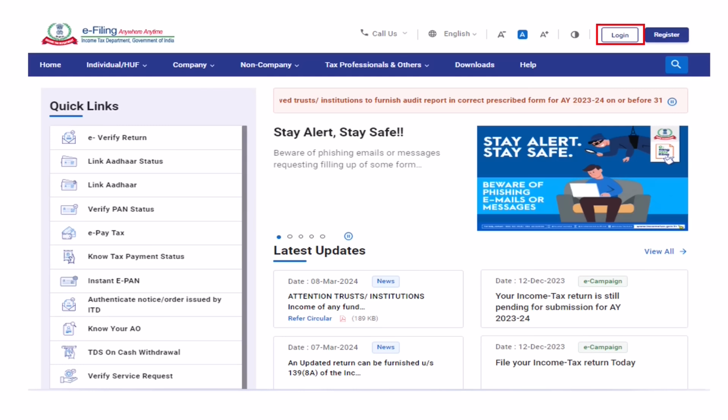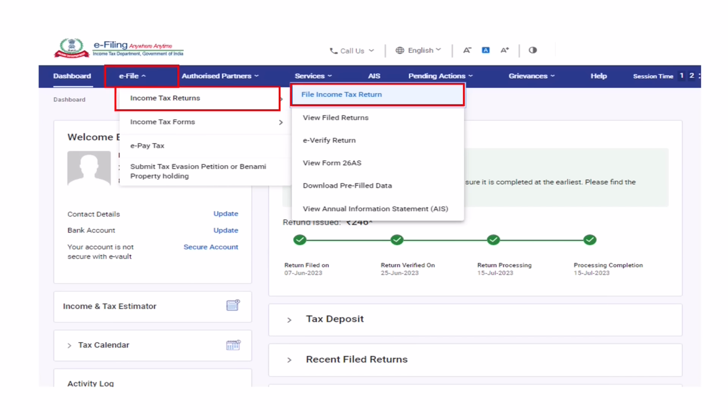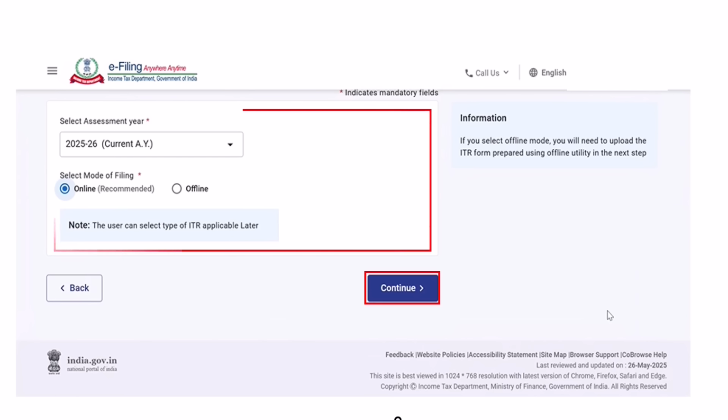Let us now check the steps for filing Form ITR1 in the online mode. You are required to go to e-filing portal homepage and click on Login. On the login screen, enter your username and password. Post login, go to e-file, click on income tax return and then go to file income tax return from the dashboard. Select the assessment year 25-26 from the drop-down menu and select the mode of filing as online and then